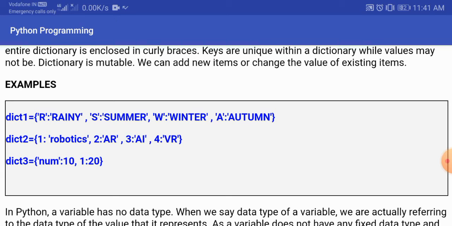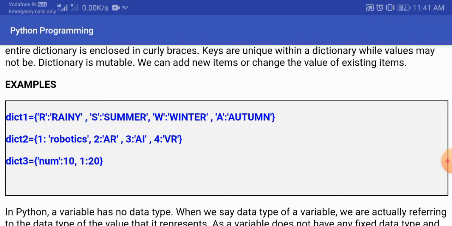Similarly after S summer, you can see a comma. So whenever we are separating the key value pairs in a dictionary, we use a comma. And for giving the key value pairs, it is written in this form. First you mention the key, then after the colon you write the value of that key.